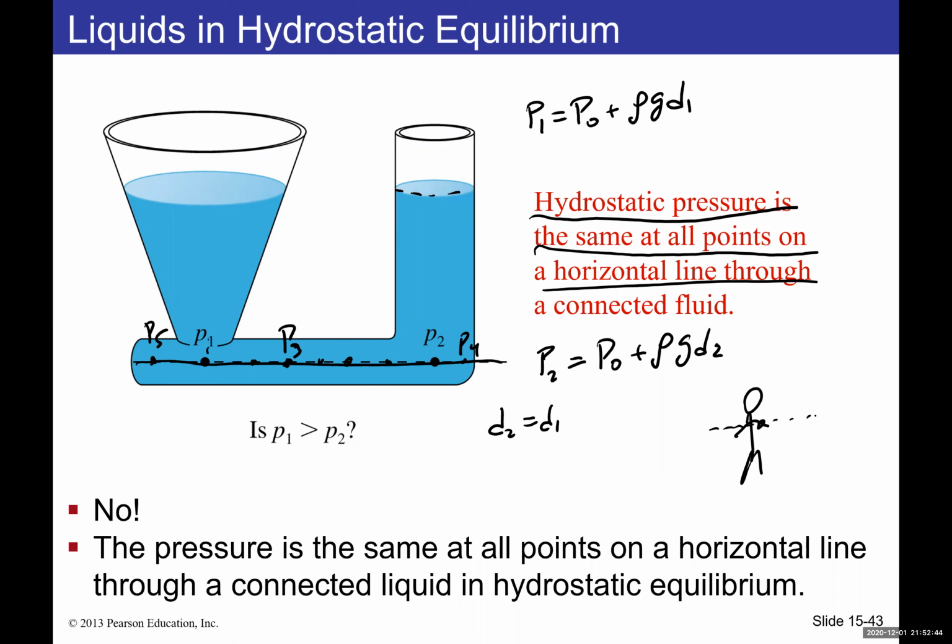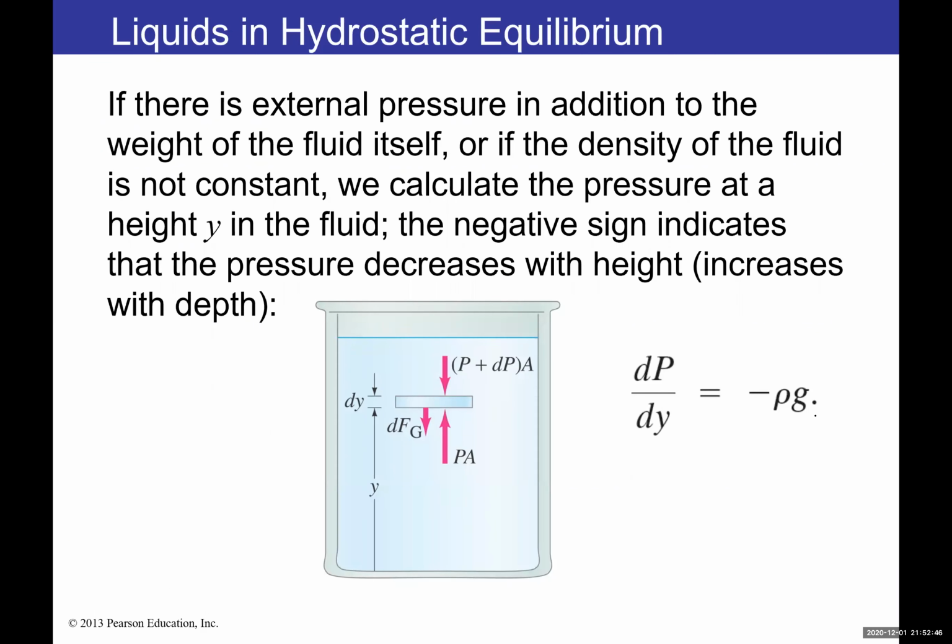All right. So sometimes, if there's external pressure in addition to the weight of the fluid itself, or if the density of the fluid is not constant, we calculate the pressure at the height y in the fluid, and the negative sign indicates that the pressure decreases with height. So this is in terms of looking at this y from the bottom of the container, and assuming this is a non-uniform liquid,